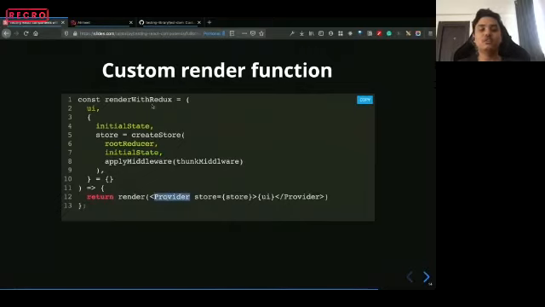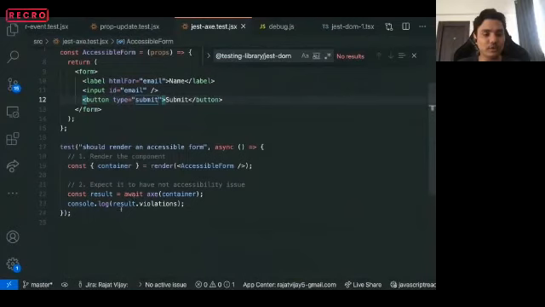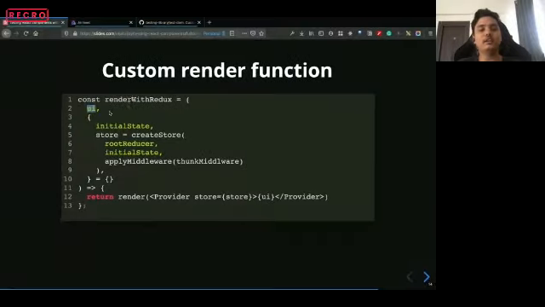What it does is it takes a UI as the first argument. The UI is similar to what you're providing here. This is your UI, the first argument of this function, and renderWithRedux remains the same. In the second argument, you can provide some initial state that needs to be seeded to your Redux store. You can even provide a store, which is optional. If you don't provide a store, that's fine. It will create a new store automatically.